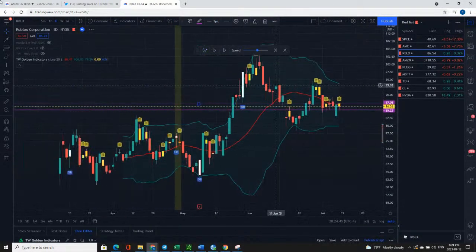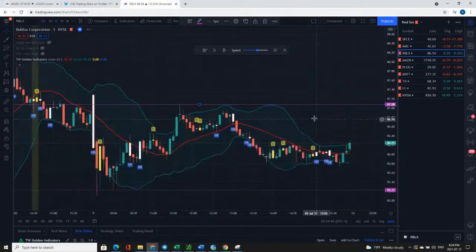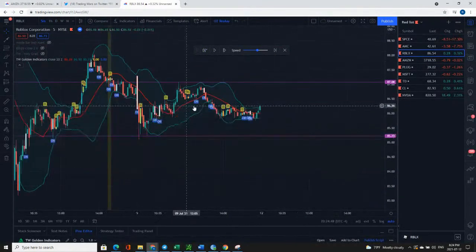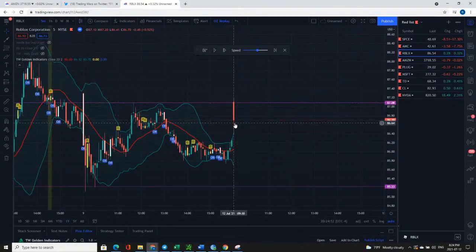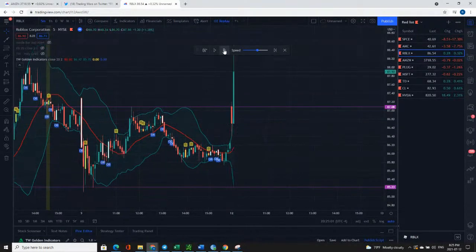Okay. So here we go. Go down to the 5 minutes. So we know it was an inside bar yesterday. Here are the levels that I have drawn. Let's press play. Boom, first 5-minute bar. The first 5-minute bar broke through the level. So if you're doing a level trade, you take the breakout here, or you can take the opening range breakout. Boom, that's just easy. God, it's crazy. It's really crazy at this point.